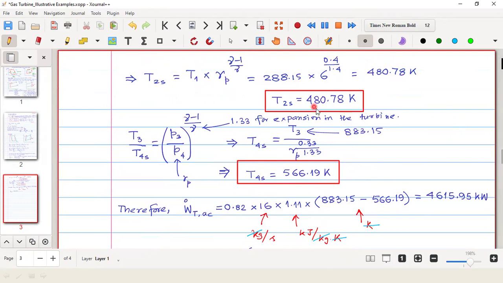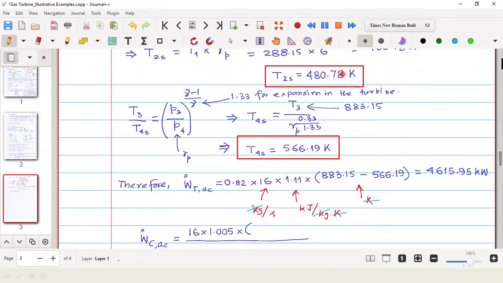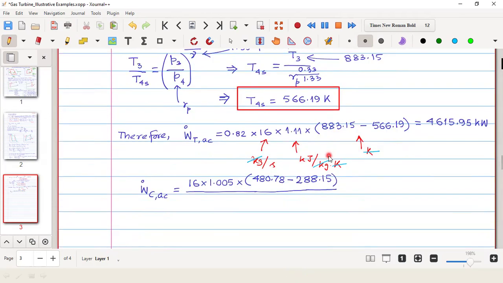T2S is how much? 480.78. 480.78 minus T1, that is 288.15, divided by 0.80. So it should be coming to be